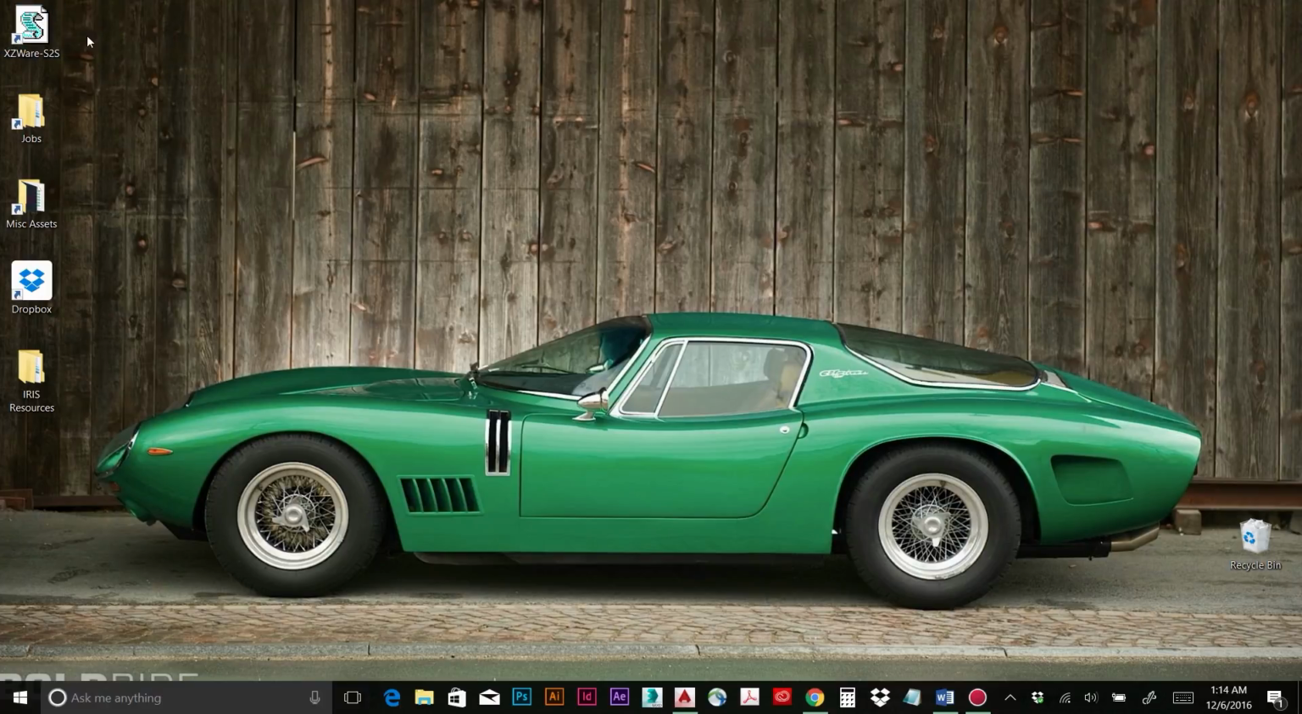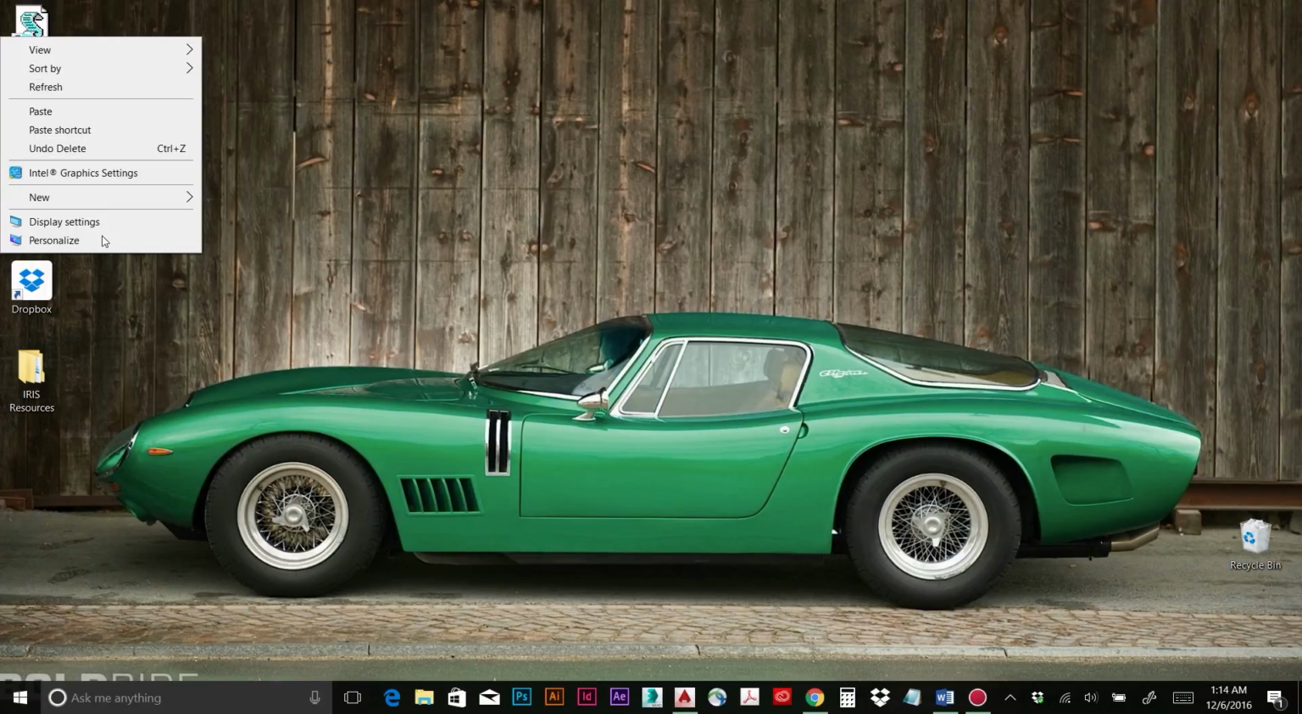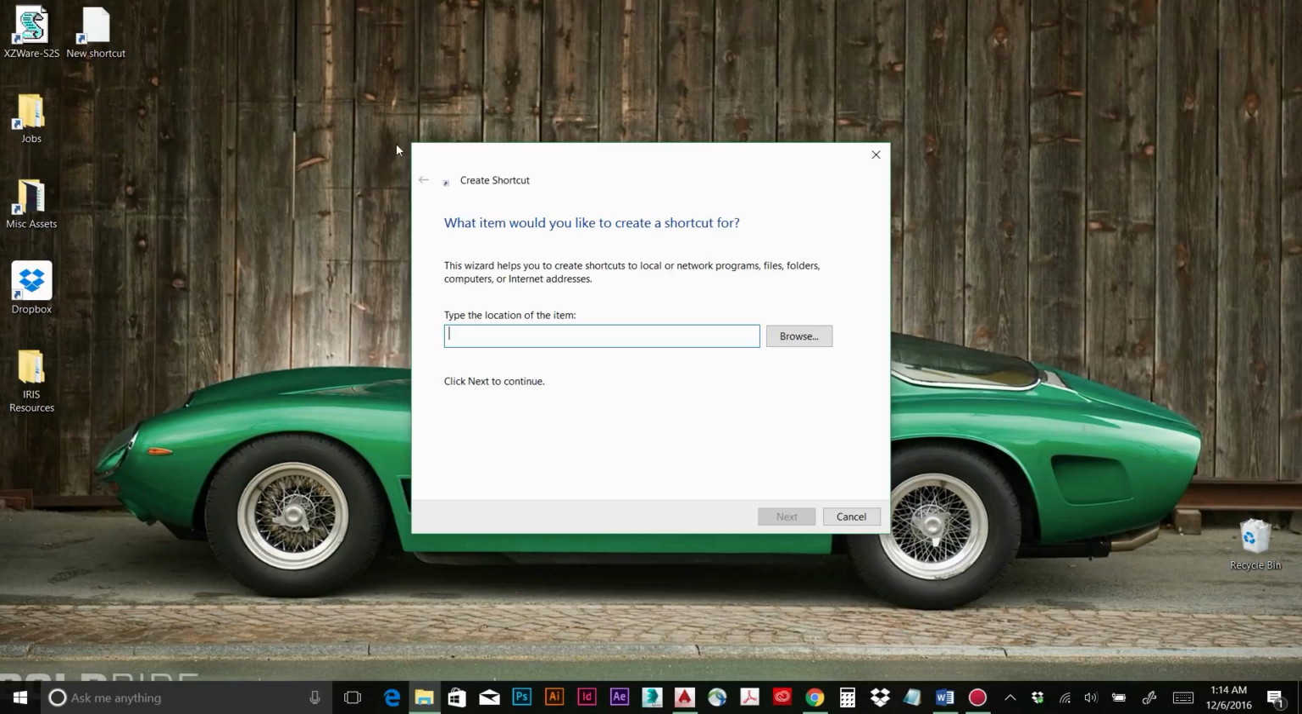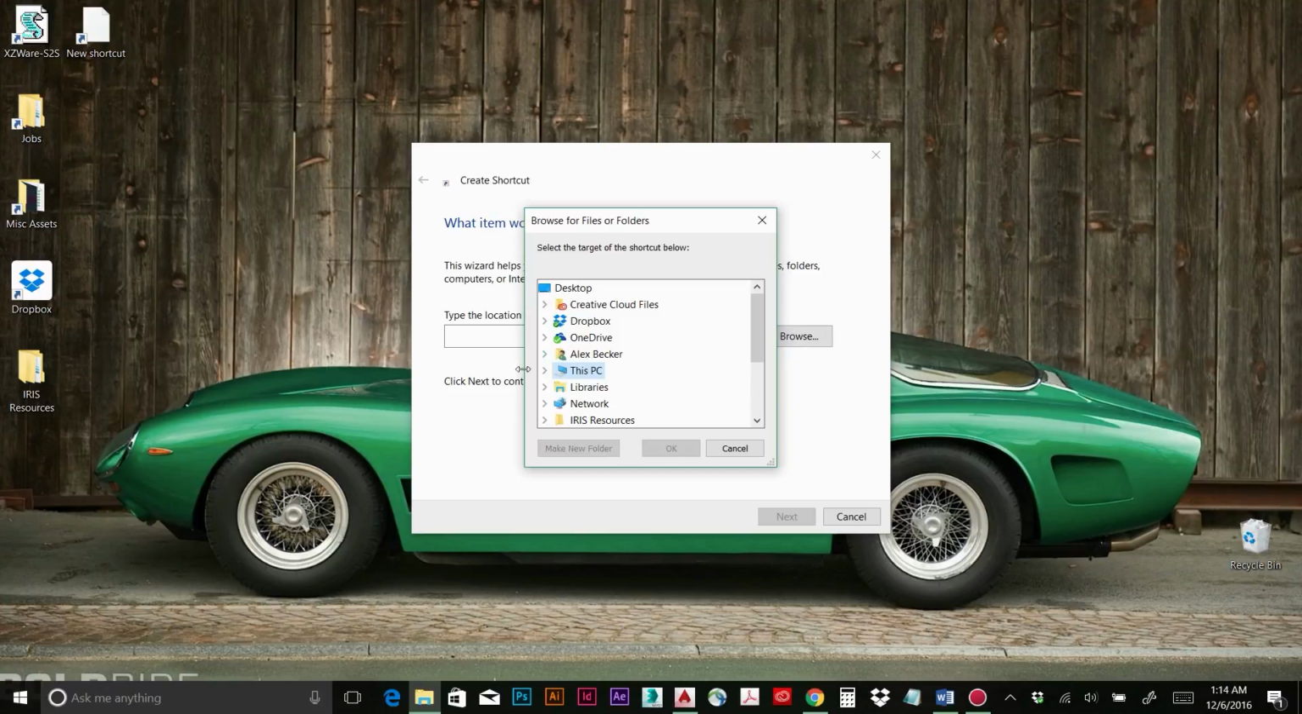Right next to it, right click, click new, and shortcut. And what we're going to do is we're going to set up a send to shop for Iris. So we'll actually have two send to shop icons up here. To get to it, click browse, go to this PC, twirl it open,